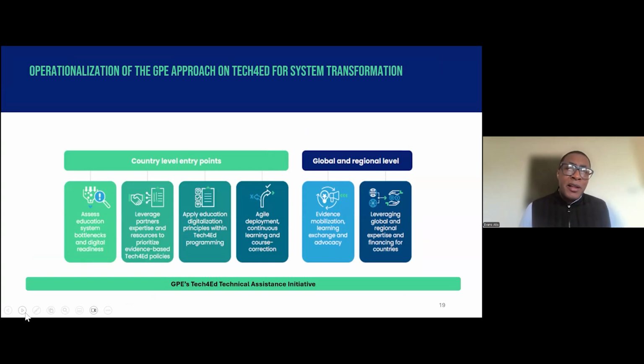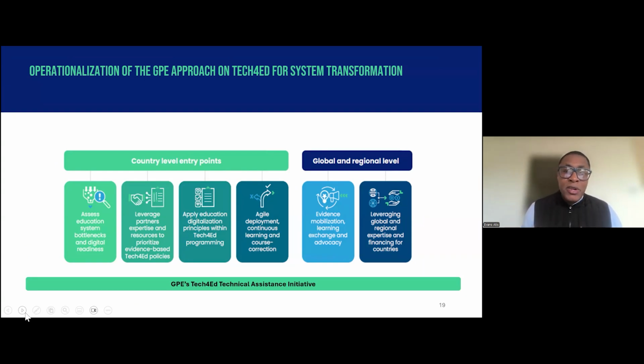For GPE itself, we have different entry points. We really encourage countries, when you're assessing your education system bottlenecks, to use it as a great opportunity to assess the digital readiness, looking at all the 6 pillars that we just mentioned. It's also an opportunity to bring partners together to leverage the resources, but more importantly, the expertise that those partners bring. And when doing the programming process, the principles that I mentioned earlier, whether it's equity and